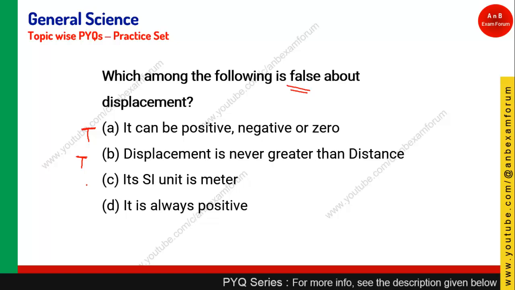So for distance, basically the unit of length should be there. It is meter. So the SI unit is meter. And finally, option D is false because it is not always positive. Okay, it can be positive, negative or zero. Okay,